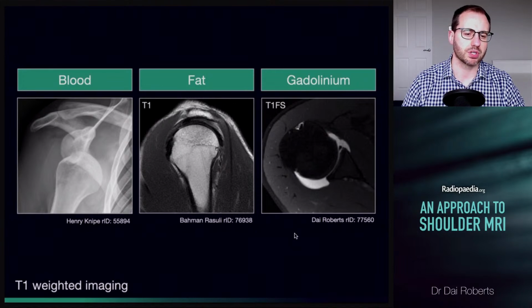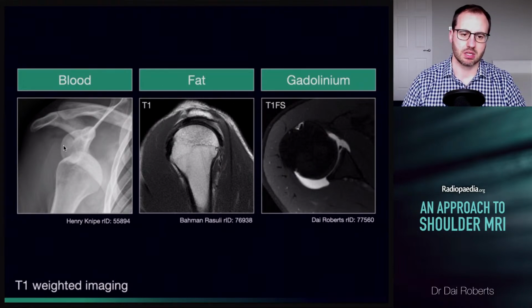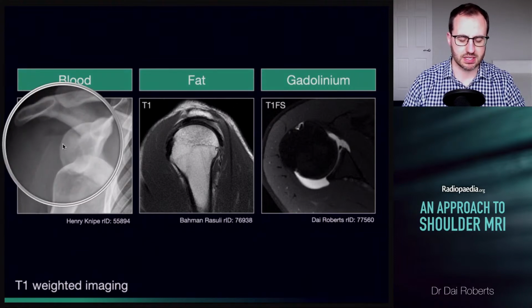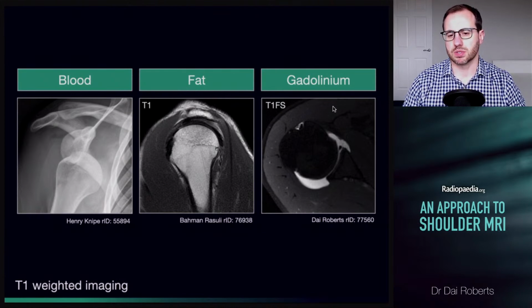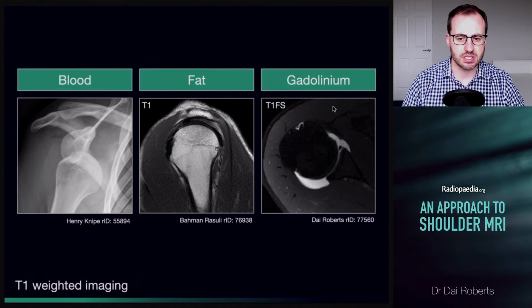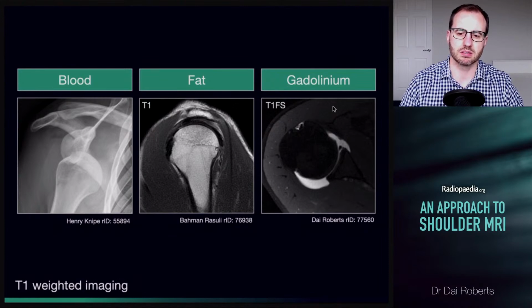There's certain blood products which will be high signal on T1 weighted sequences, like hemarthrosis in someone who's anteriorly dislocated their shoulder. So certain blood products. Hopefully we know that fat is bright on T1, so you can see the fatty marrow within the humerus here, and also the high signal of the subcutaneous fat. And on this sequence, we've got our T1 fat saturated sequence, so we've nullified the fat signal and we're only left